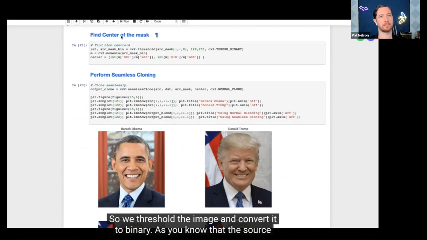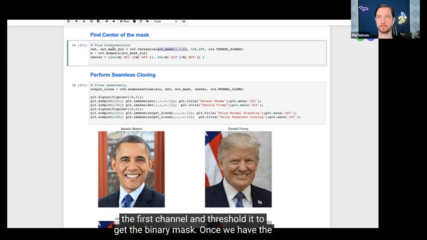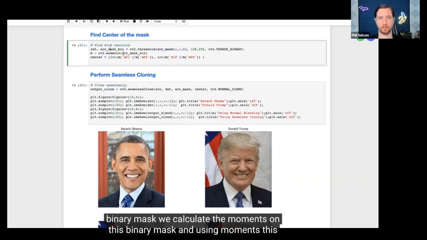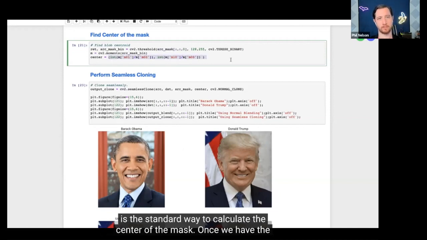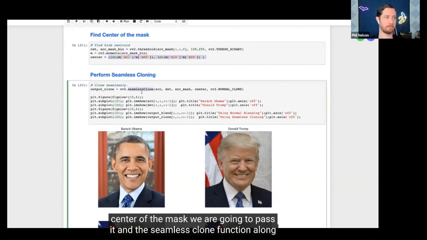So we threshold the image and convert it to binary. As you know, the source mask was a 3-channel image, we just need one of the channels. So we pick the first channel and threshold it to get the binary mask. Once we have the binary mask, we calculate the moments on this binary mask. And using moments, this is the standard way to calculate the center of the mask. Once we have the center of the mask, we are going to pass it in the seamless clone function along